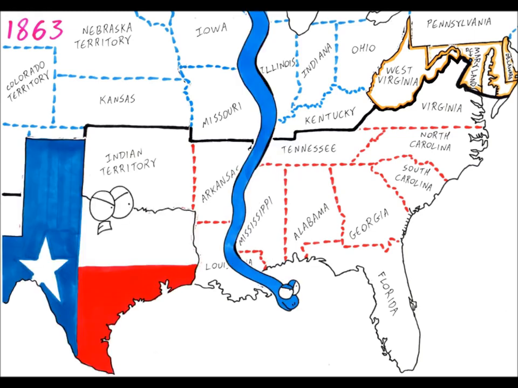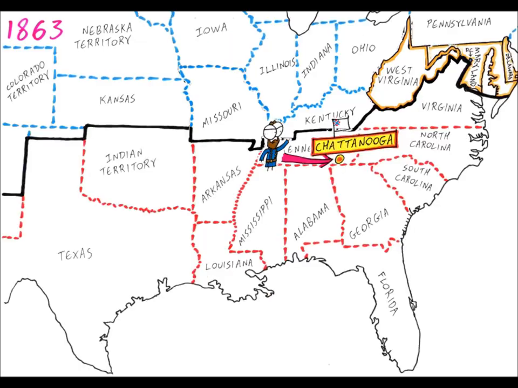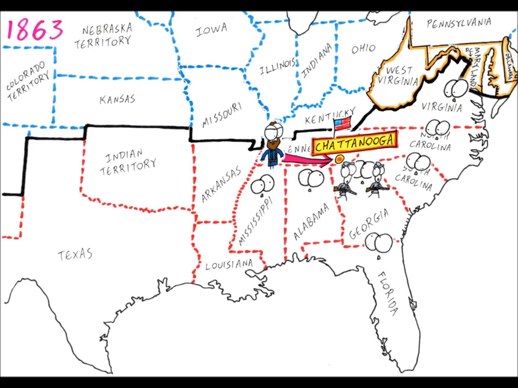Texas was cut off from the Confederacy, but under General Kirby Smith, they managed to hold up strong defences and a self-sufficient economy. In November, Lincoln spoke at Gettysburg and recalled the foundation of the United States, how all men are created equal and how this nation shall have a new birth of freedom. Grant relieved besieged Union forces at Chattanooga, pushing Confederacy forces out of Tennessee, leaving Union forces looking at the heartland